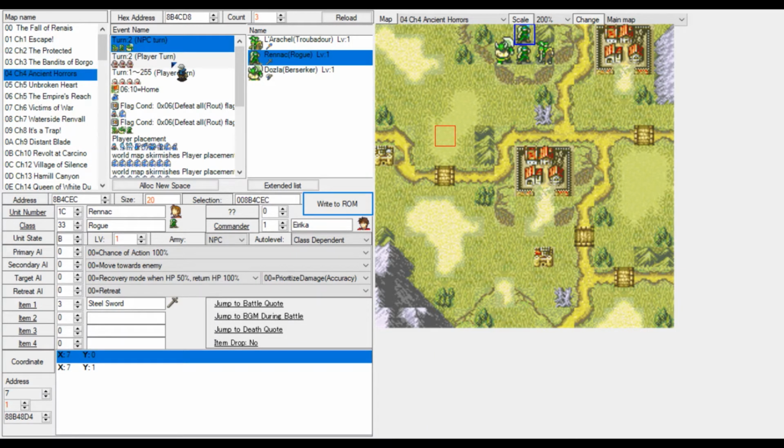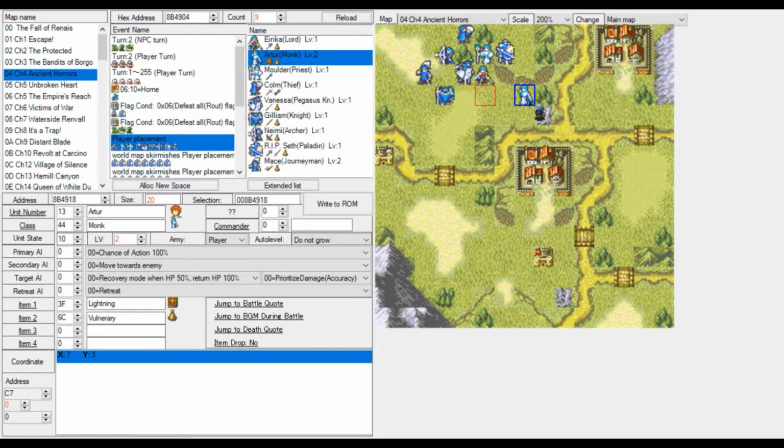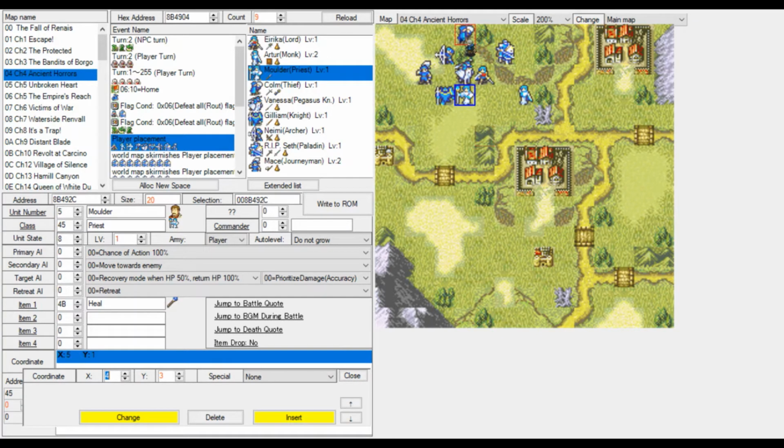So now we're going to place the player. Oh, well, I'll do that. I'm going to place the player. Oh, wait, they're actually pretty solid already. No, wait. Molder is on a cliff, I think. Is Molder on a cliff? Hold on. And Colm is also, yeah, they're both on the cliff, so we need to correct that.